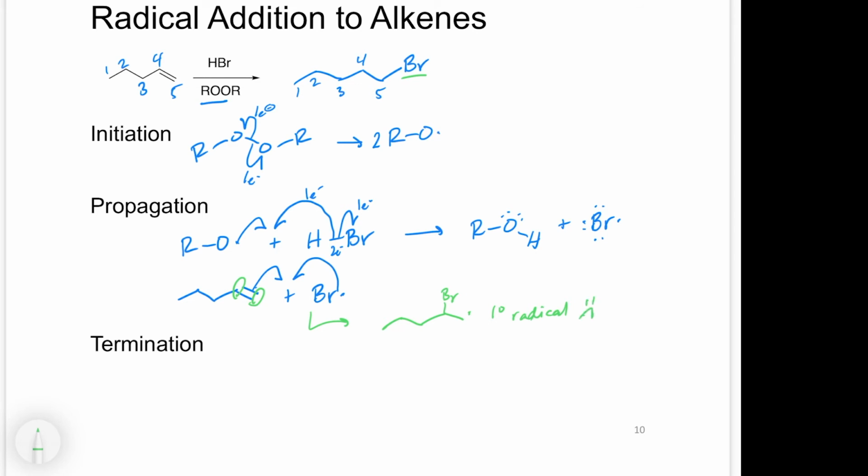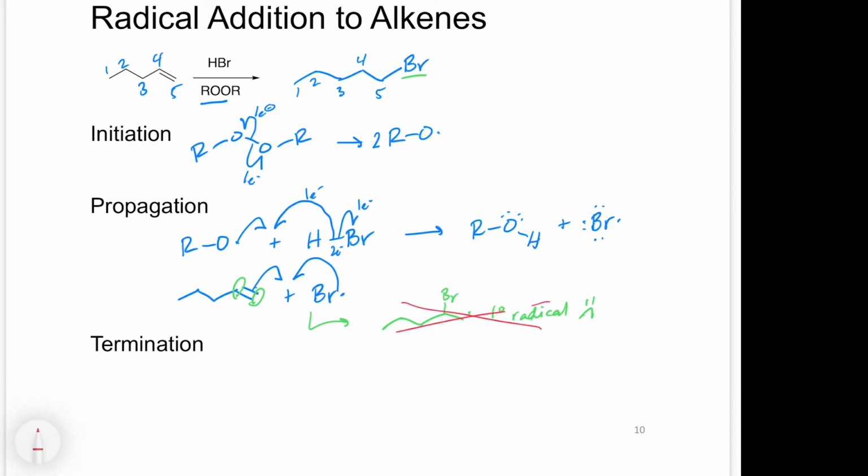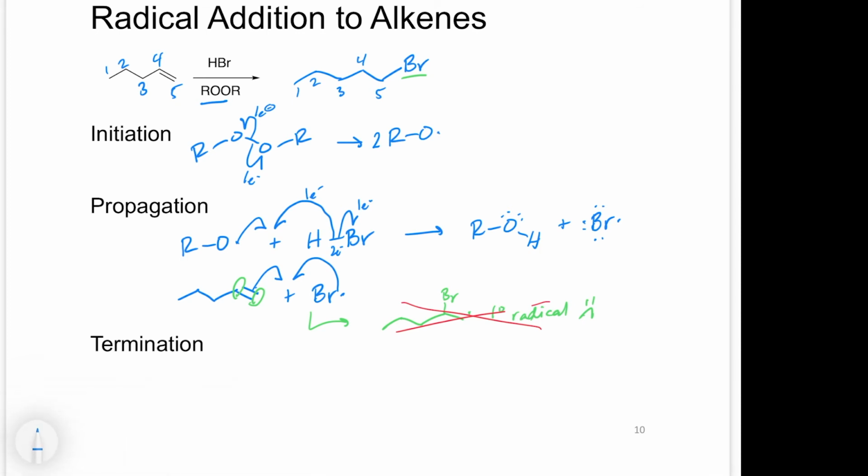And this would not be happy. This would not be stable. And so this doesn't happen. Instead, you can either draw that or you can draw it and maybe cross it out. That doesn't form. Instead, what we'll be doing,